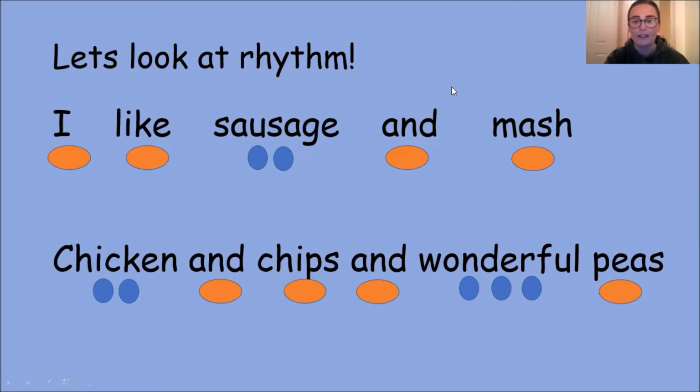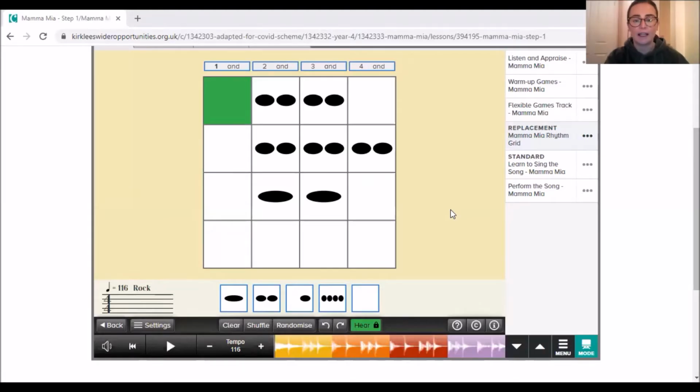Okay, well done. So now what we're going to do, and this is the reason why I've shown you those circles to follow the rhythm, is we're now going to have a go at doing a rhythm, but we're going to be playing along with a tune as well. So if I just share my screen, we can see the Charanga page where it's got our rhythms. We can see here it's exactly the same. We've got our long sounds and our short sounds together as well. But now we've got it on a grid.